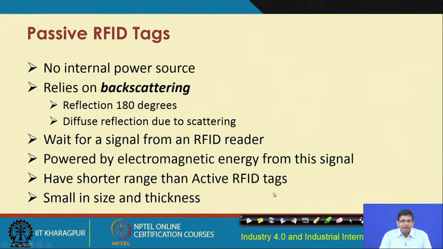So, passive RFID tags do not require any internal power source. These tags basically work on the principle of backscattering. Backscattering in communication basically talks about getting certain signals or the rays or the electromagnetic waves, and these waves are going to get reflected back 180 degrees. So, basically what is happening is some kind of diffuse reflection that is going to happen due to the scattering and the backscattering. So, the reader basically will wait for a signal from